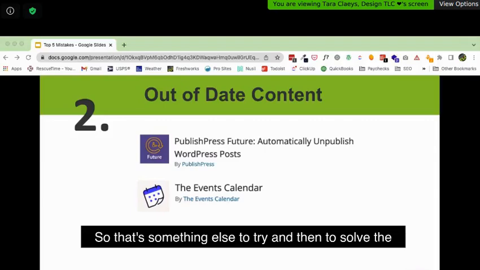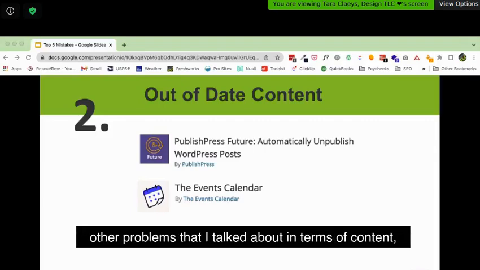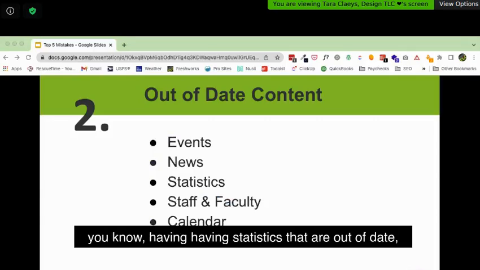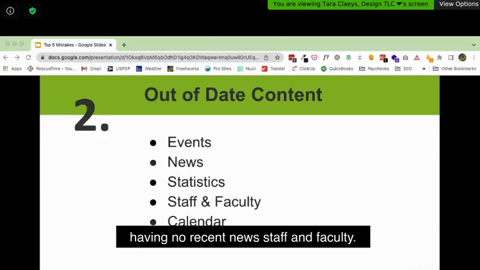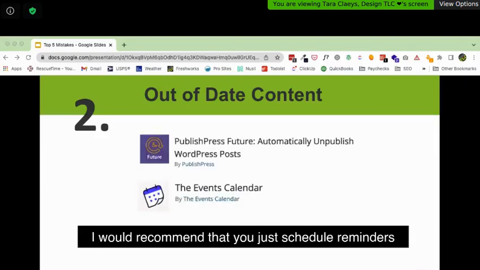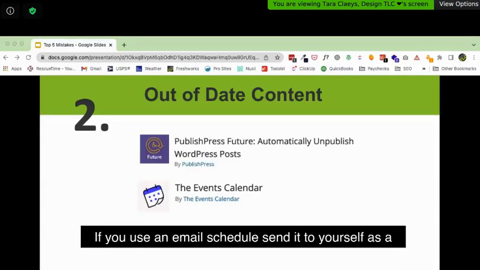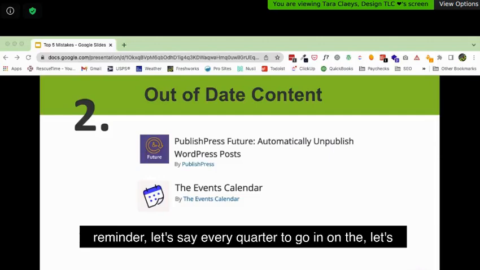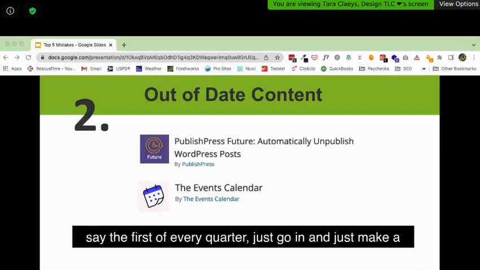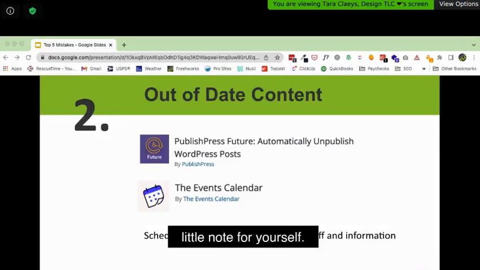And then to solve the other problems that I talked about in terms of content, having statistics that are out of date, having no recent news, staff and faculty, I would recommend that you just schedule reminders on your own calendar. Just send an email to yourself and schedule it. If you use an email scheduler, send it to yourself as a reminder, let's say every quarter, on let's say the first of every quarter,